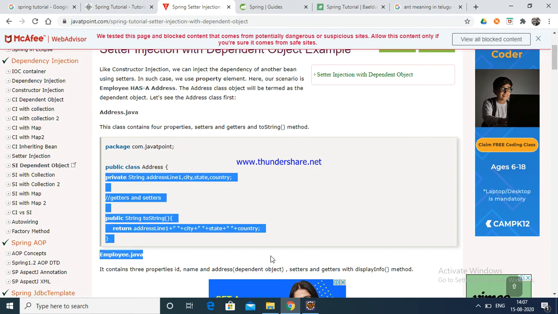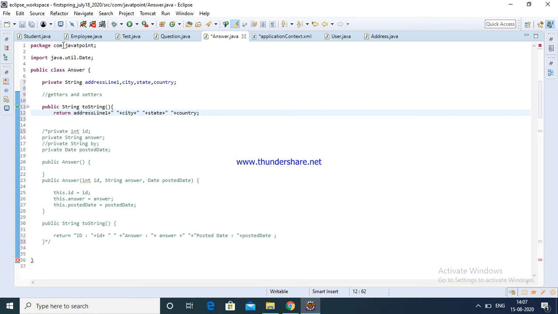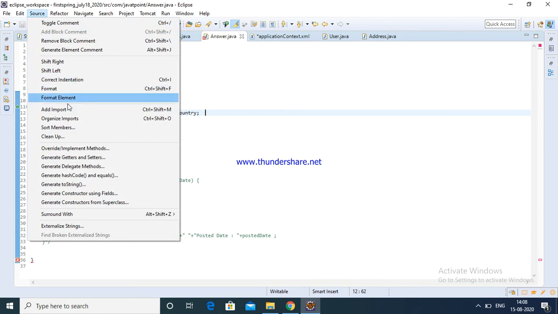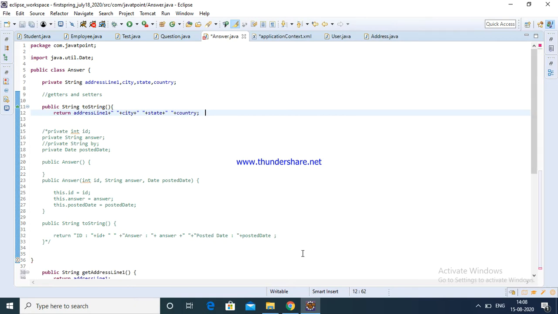I am going to copy these and paste them in Anypoint Studio. Save it, go to source and generate getters and setters. Select all. Now the getters and setters are created.